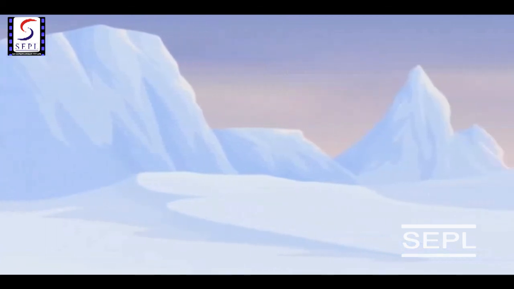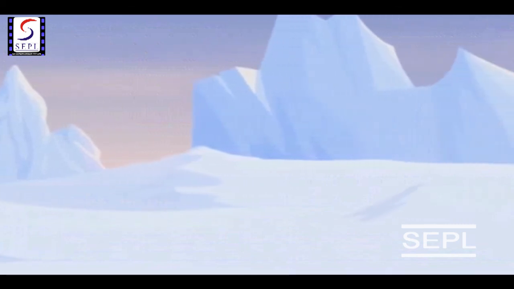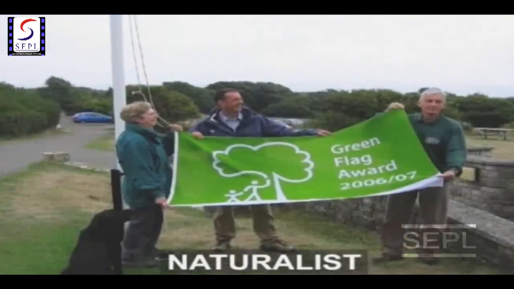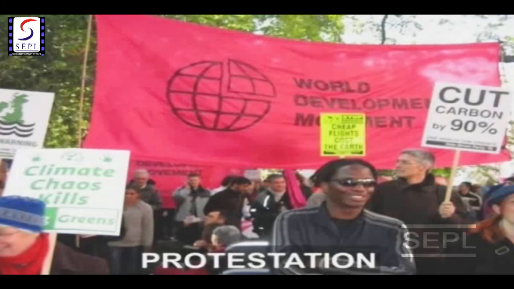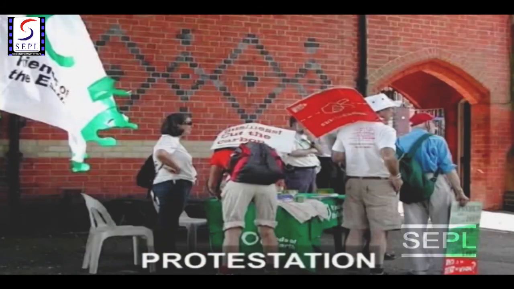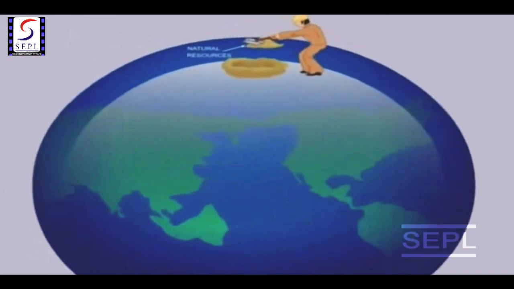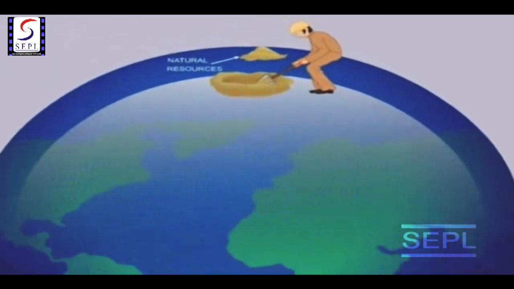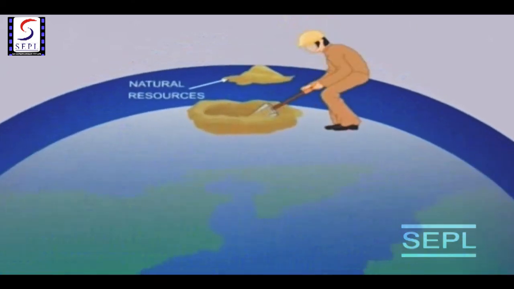The future of the poles may not seem bright, but people around the world have started to take notice and are getting concerned about planet Earth. Not only that, they are coming forward in large groups to protest against the overexploitation of natural resources. Today, large populations across the globe have understood that Earth is a fragile planet and we cannot just keep taking things out of it.